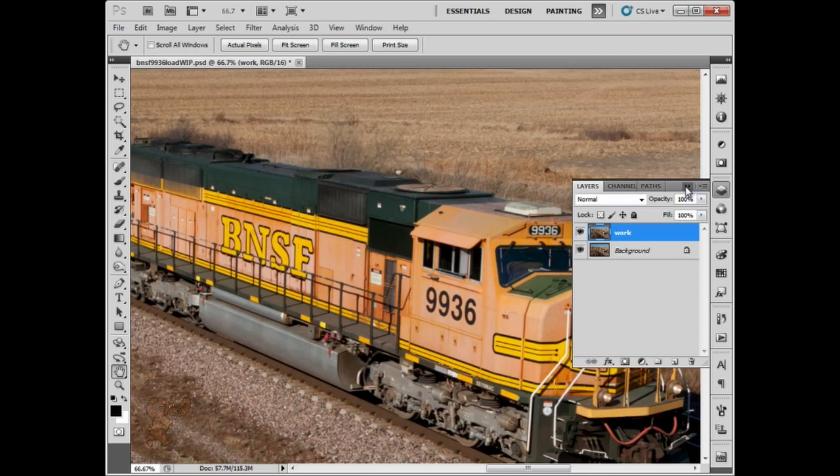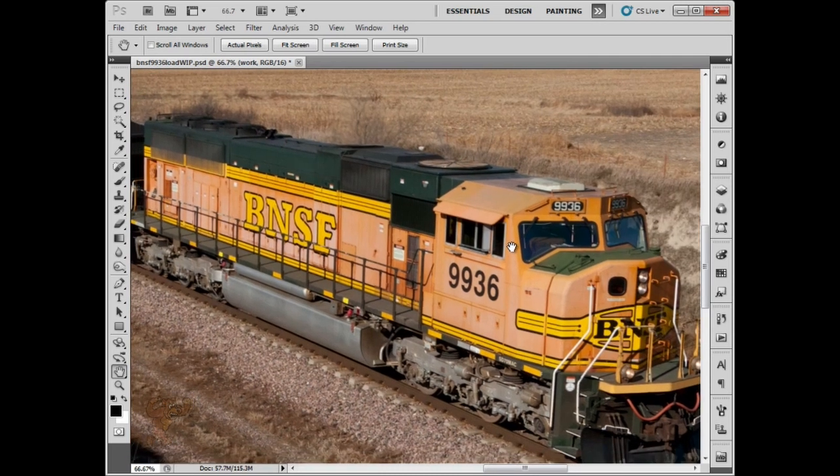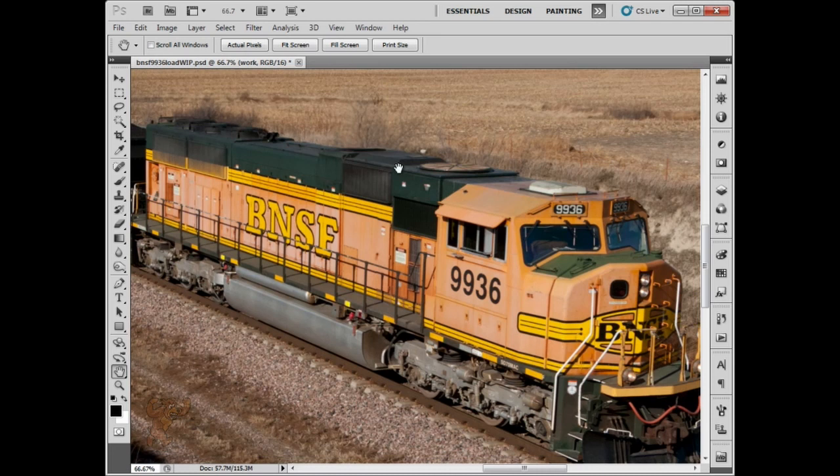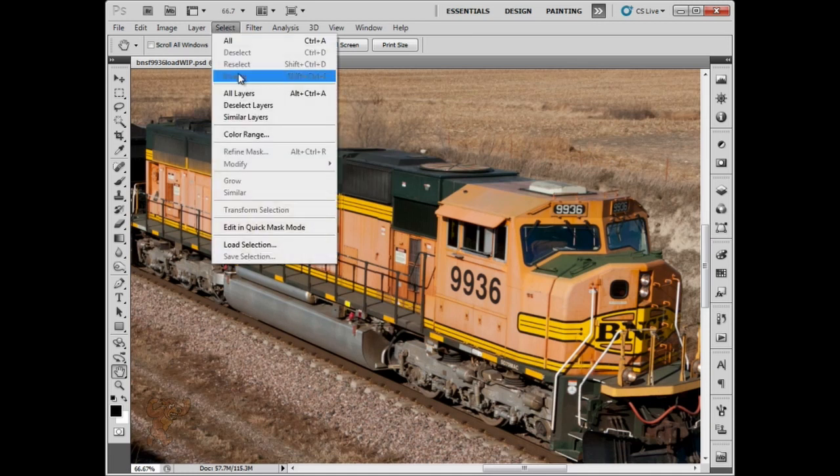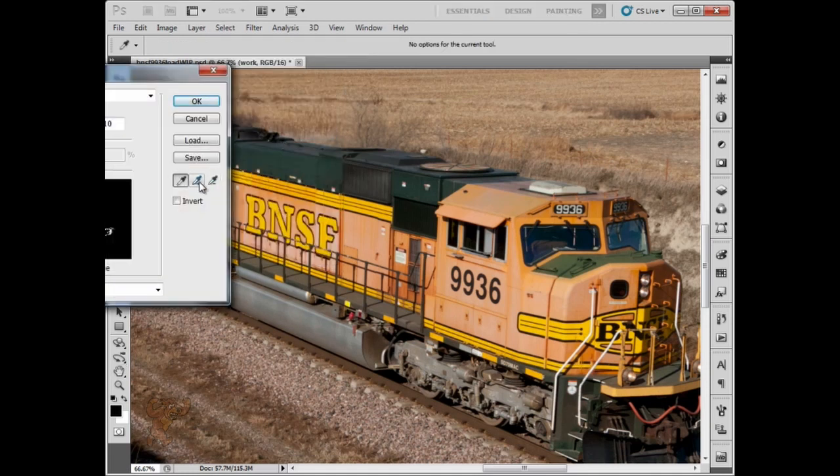Now, you know, one way to naively go about this is to do something like the following. Let's suppose, for instance, that we do a select color range and we just try to select all the orange. So I'll start like that. Notice my fuzziness is relatively low, and I click the add tool, or I could have just held down the shift key. But then I just kind of drag around all of the orange here, including this faded stuff and maybe this stuff up here and some of this and some of that and some of that, and basically just try to select all of the orange,